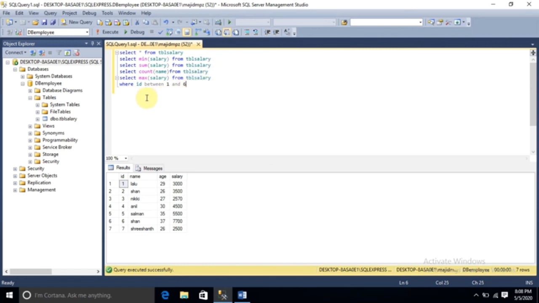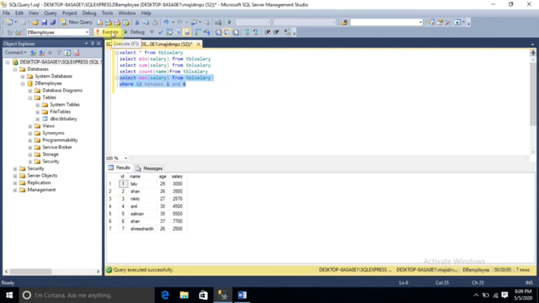What is the meaning here? Select the maximum salary from this table from ID 1 to 6. It will not take the 7th row. It will take only ID number 1 to 6. Let us see. I am going to execute this query. Then we can see the result.